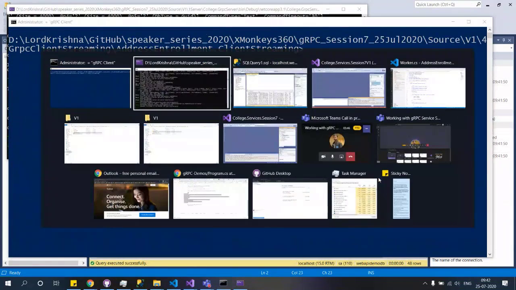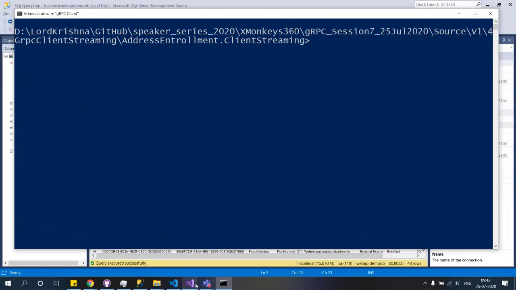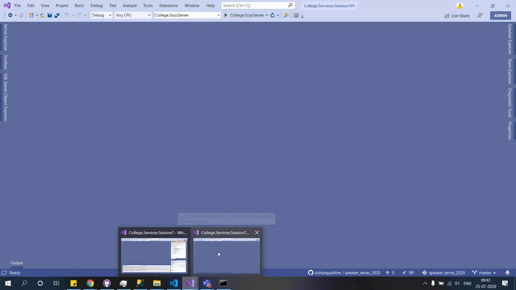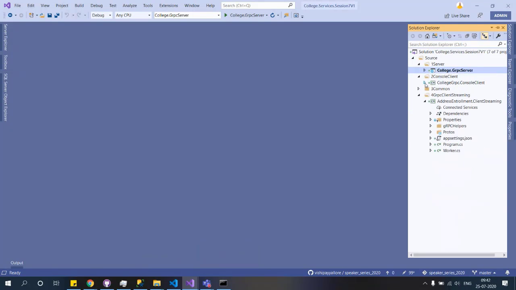Okay, that's pretty good. So now we can quickly recap what we did in this, and then we'll go and build our server side one. I'll just keep this demo as it is for the client side streaming.